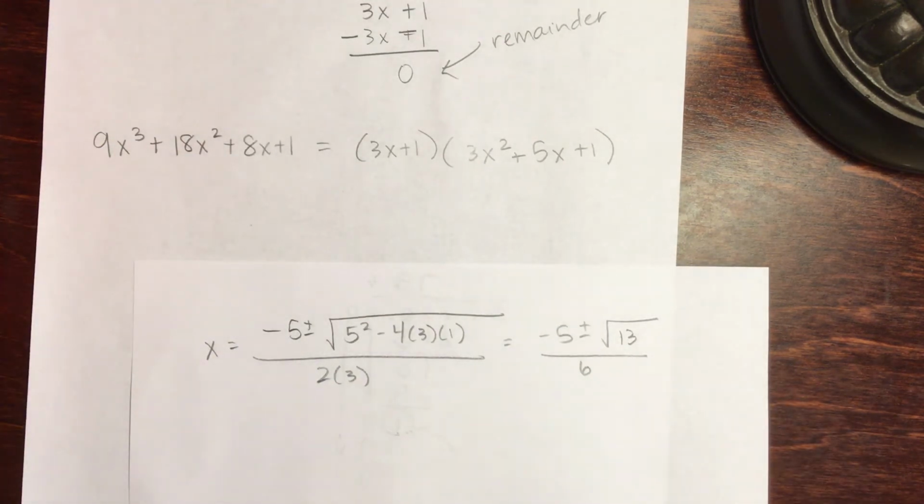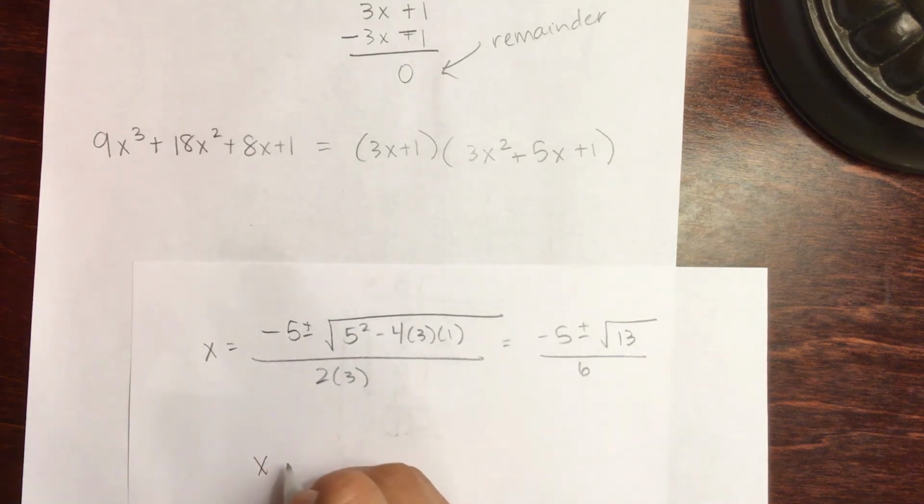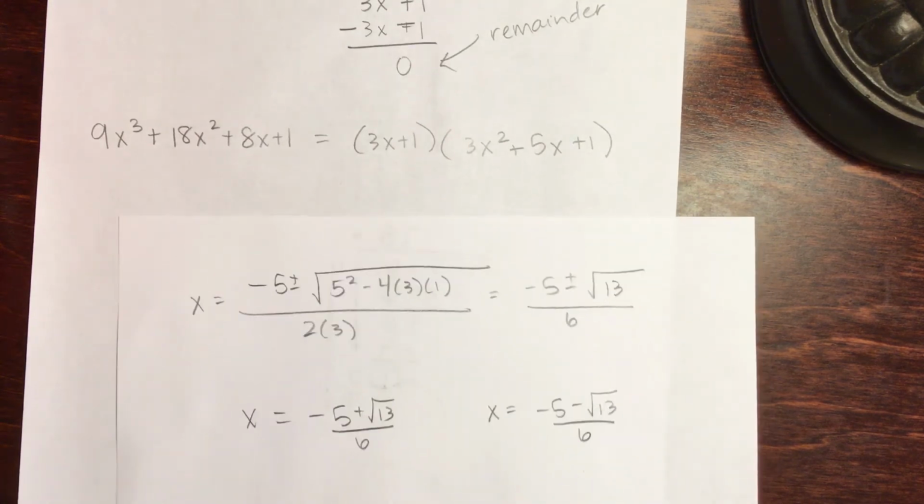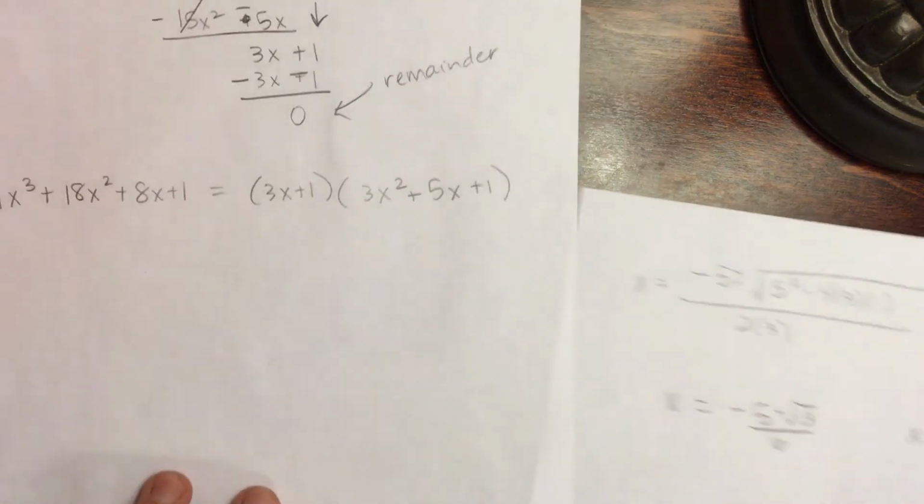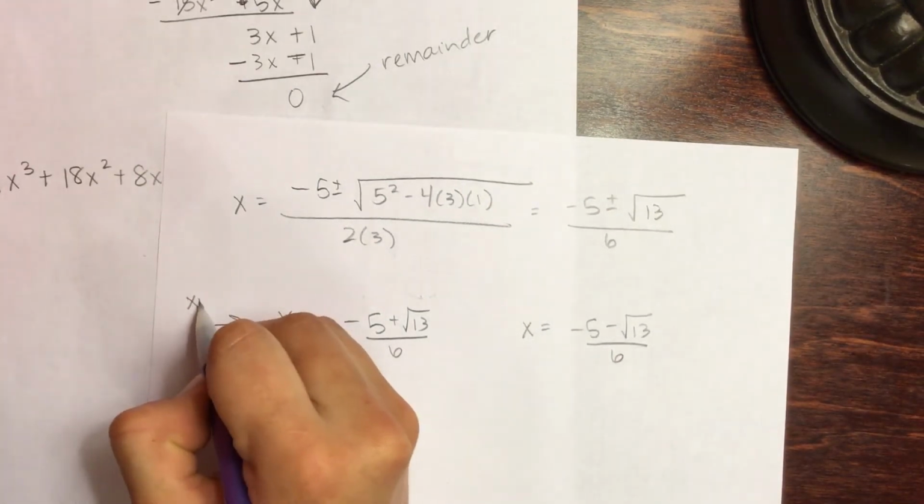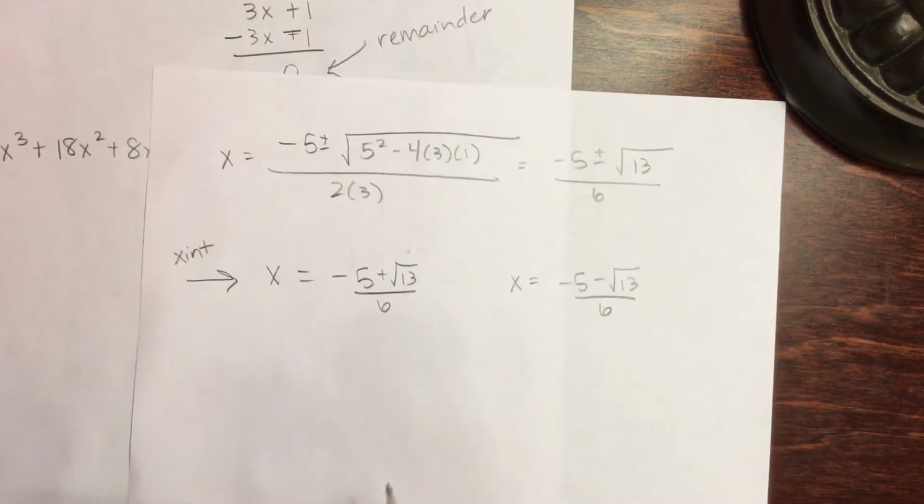Oh, okay, that doesn't break down any further. So that means that we have the factors x equals -5 plus your square root and x equals -5 minus your square root all over 6. So if I did want to write this in factored form, these are my x-intercepts, but my factors,